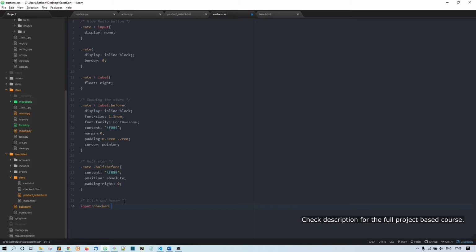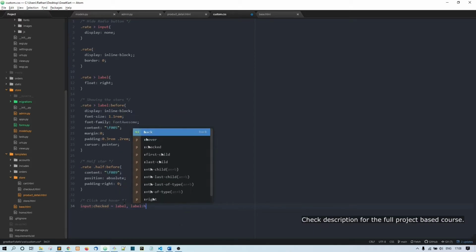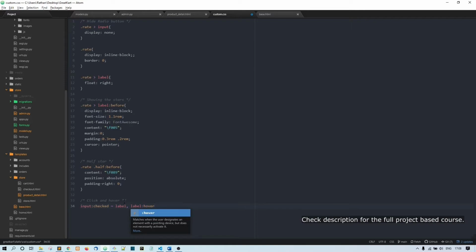And after this checked, you have a tilde symbol, just below your escape key. Press that and label, comma, also label colon hover, again the tilde symbol, label.